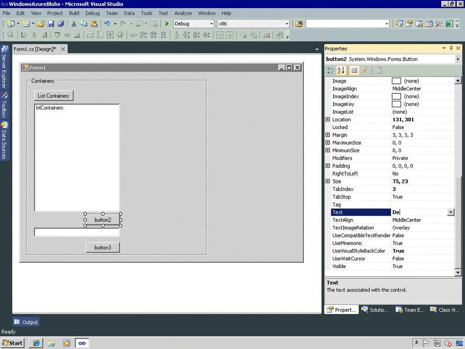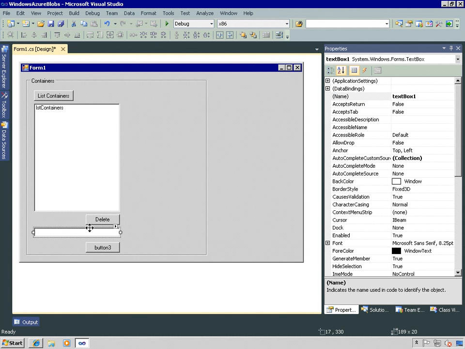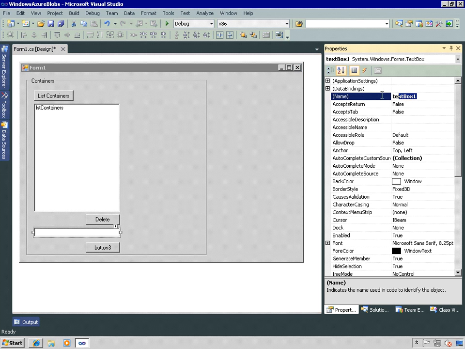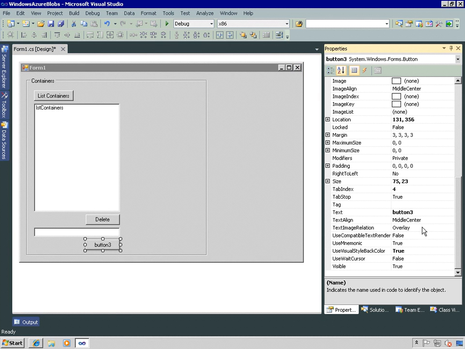This is going to be our delete container button if we want to delete the container. We'll change that name to command delete container. Spelled delete wrong. All right, here's our text box. We're going to name this text box text container name. And then this button is actually going to allow us to add the container. Add container. We're not out to win any user interface awards, so